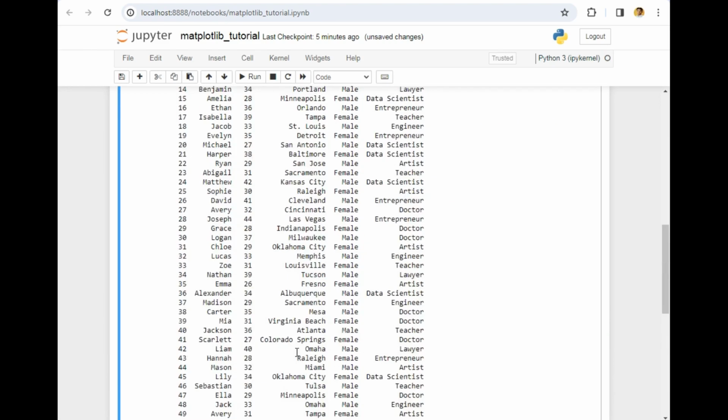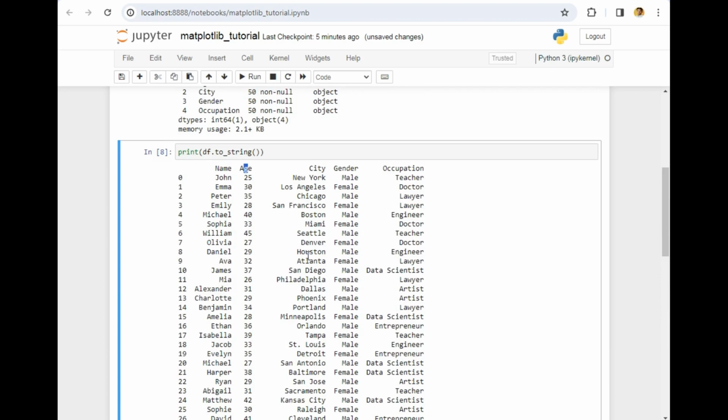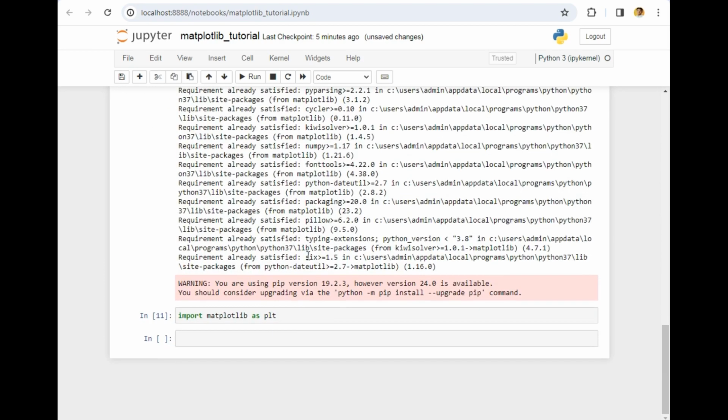So let us assume that we want to display this age data in graphical format. So how can we do that? For that, you have to remember 5 lines, which are very easy to remember. The first line is what we have to draw. So let's say we will be drawing a histogram. For that, I will simply write plt, which is the nickname of matplotlib, .hist, which is short for histogram,